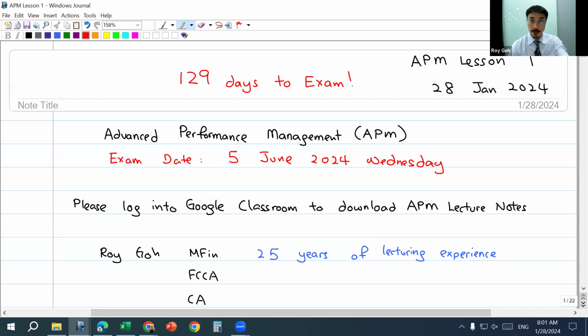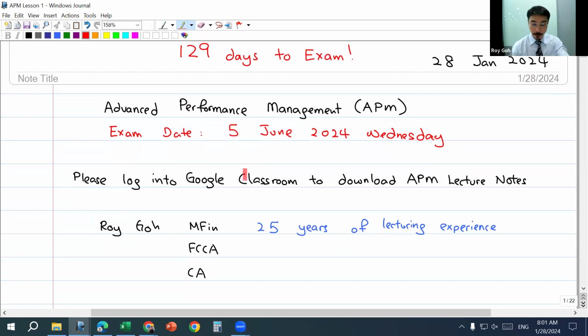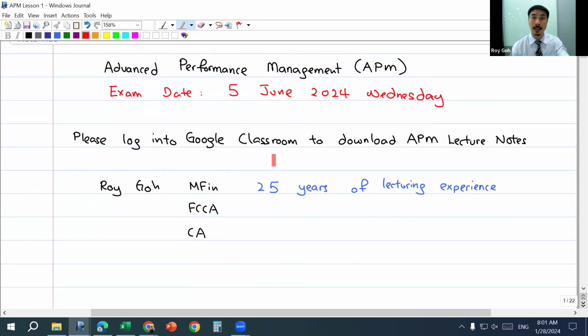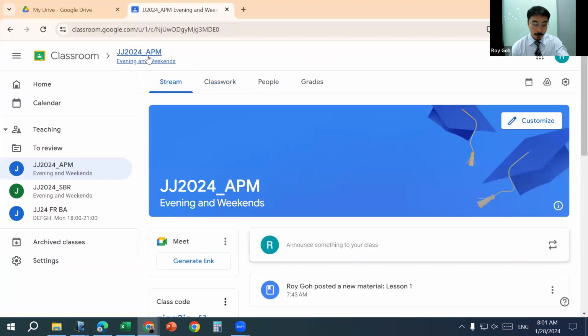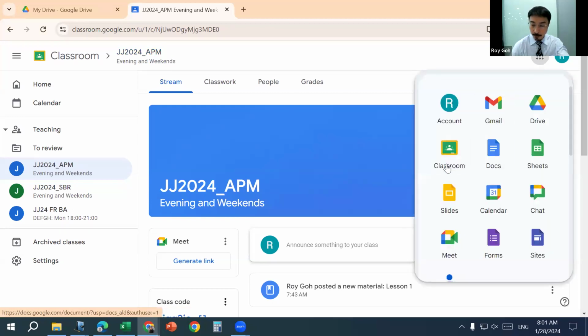So now that you know that there are 2 groups of students here, allow me to invite you to this Google Classroom, where it will look like this. So there's a Google Classroom for 8 p.m. You have to sign in with your CAMED email address, and then you go to the apps. There's an app called Classroom. But first of all, you have to sign in using your CAMED email address. So with your CAMED email address, you should come here and you will see stream,